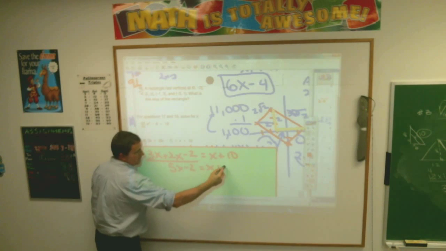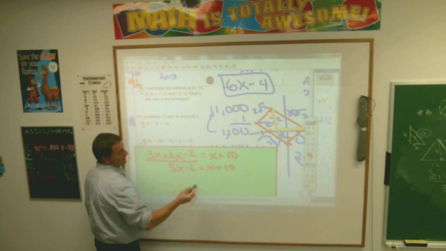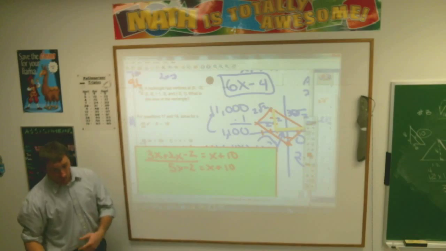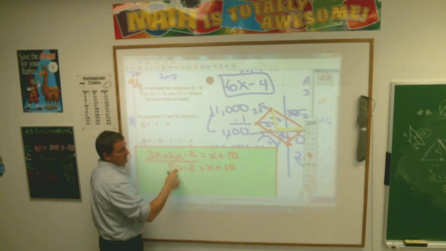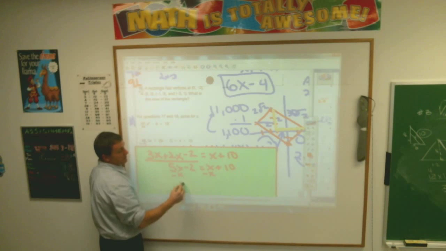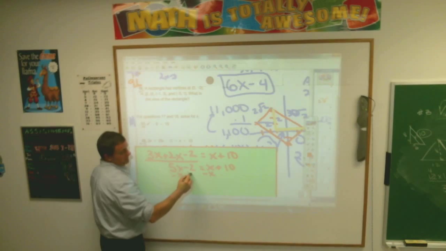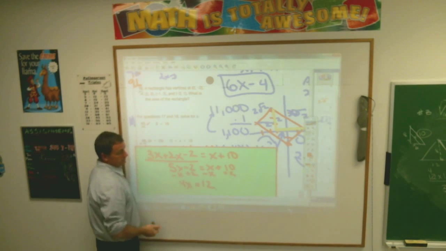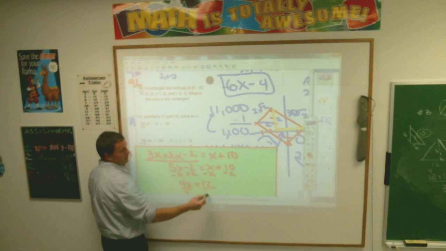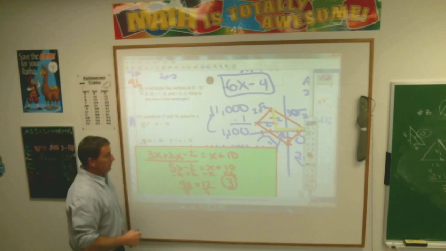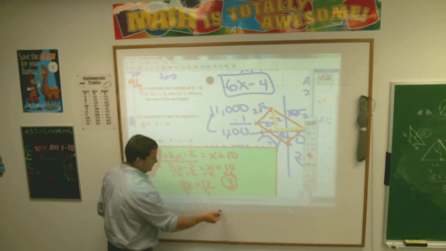Once I simplify and put everything together, now I move stuff from one side to the other, so I get x by itself and numbers by itself. I need to move this x over here, I do that by subtracting it, because it was added. 5x minus x is 4x. Move this 2 over there by doing its opposite, which is adding 2. So now 4x equals 12, and then I just divide by 4, because that's the number in front of the x, Charles. I divided